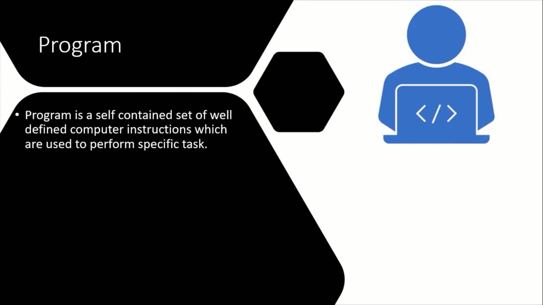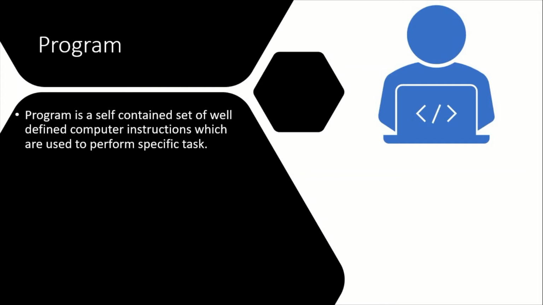First is program. As we have discussed in previous class, we use computer to perform various tasks in our day-to-day life, and these tasks are performed by the computer system with the help of program which is written for it. So what exactly is this program? Program is nothing but it is a self-contained set of well-defined computer instructions which are used to perform a specific